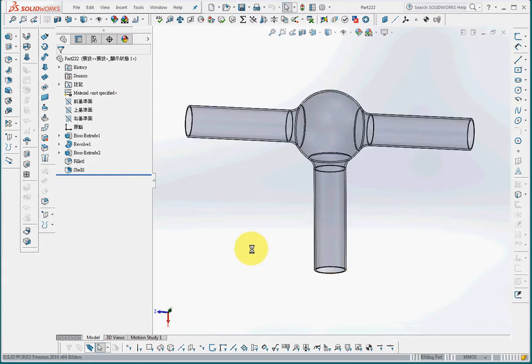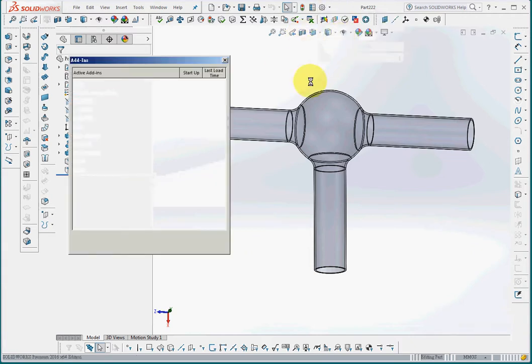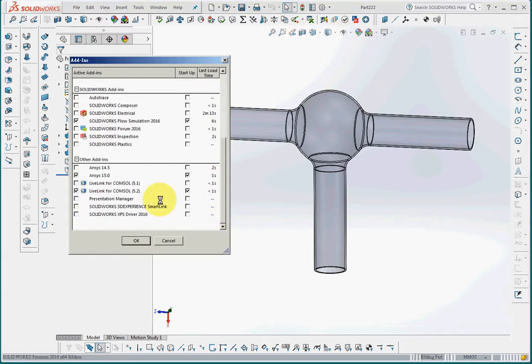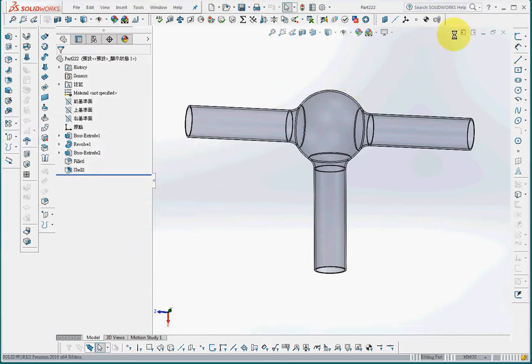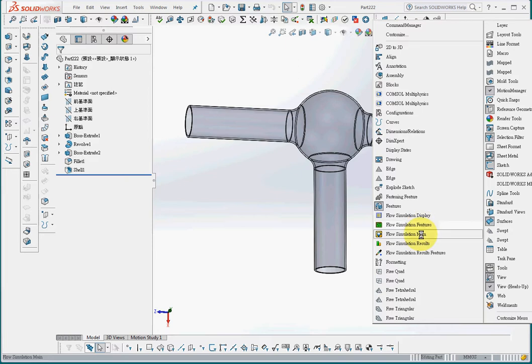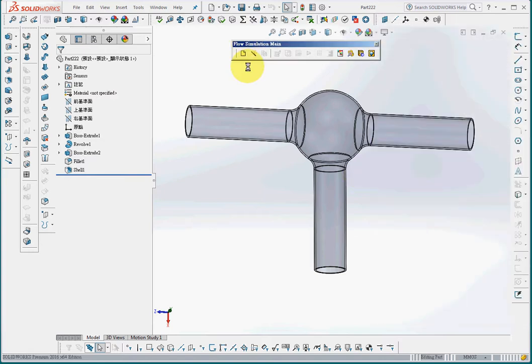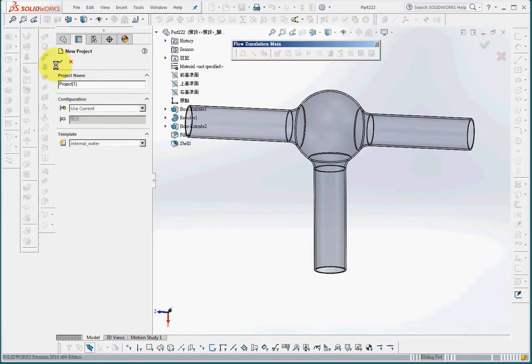For the preparation step 1, we will load the software, Flow Simulation, and load the toolbar. There are 5 toolbars. For flow simulation, we only need the main toolbar. Open the project,